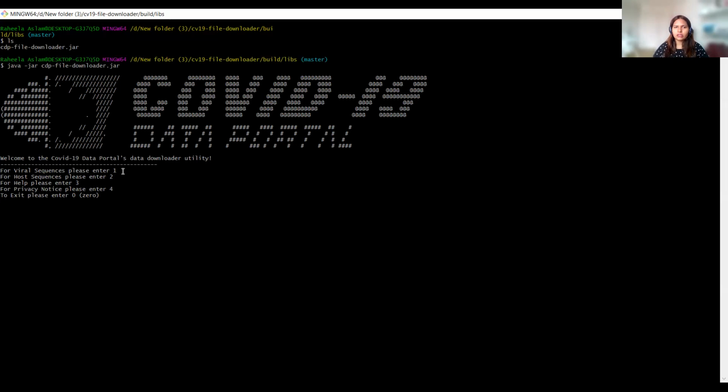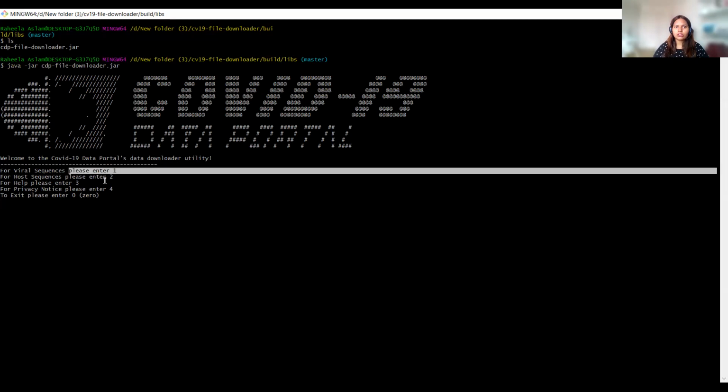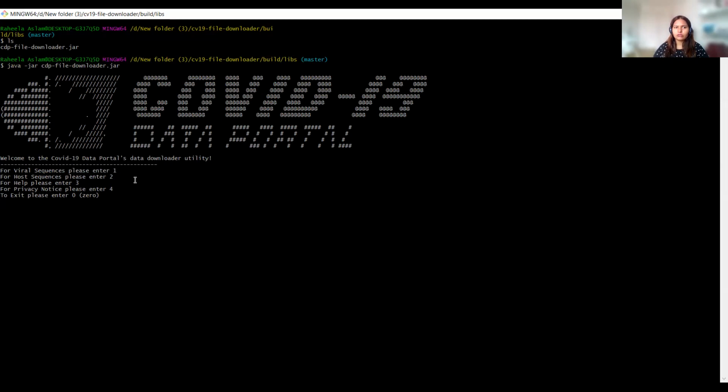For viral sequences you need to press 1, for host sequences press 2, for help press 3, and for privacy press 4. If you don't want to do anything, you press 0, and this utility will stop working.